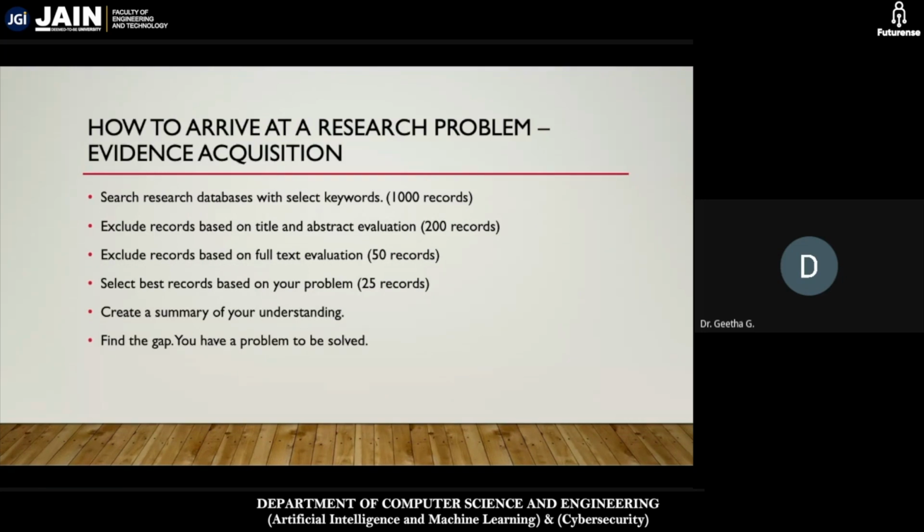Now, once you get all the records, it is not possible for you to download all the research papers and read them. So what you can do is exclude the records based on the title and the abstract. Just by looking at the title, you will know whether it is relevant to your research or not. If you think the title is relevant, then go to the abstract. Read the abstract. If you think the abstract is relevant to the problem which you want to work with, then you include that research paper in your